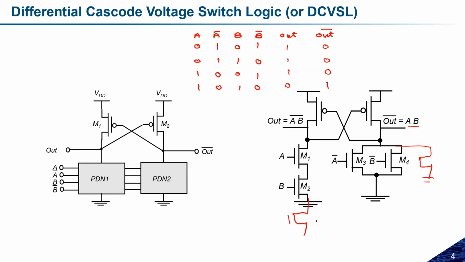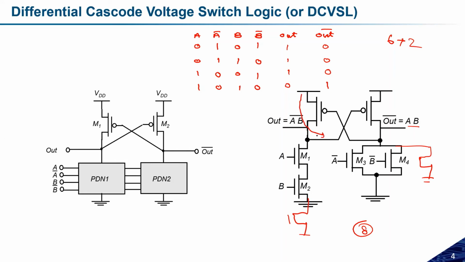So the total number of transistors will be 3 plus 3, 6, plus 2, 8. 8 transistors will be needed. But if I'm using the CMOS based structure, for 3 inputs I need 6 transistors plus 2 transistors for this one. I think the number of transistors will be the same as the previous one. But the thing is, the number of paths here is a single transistor.